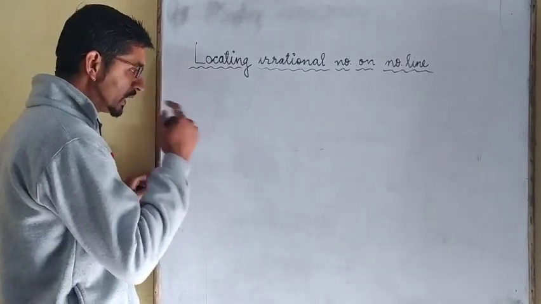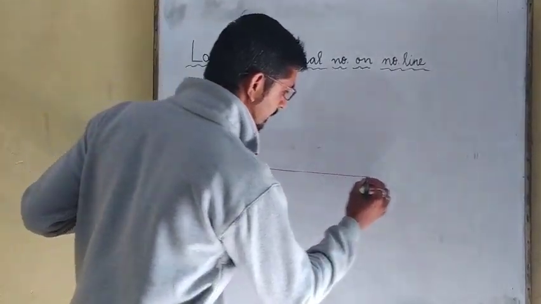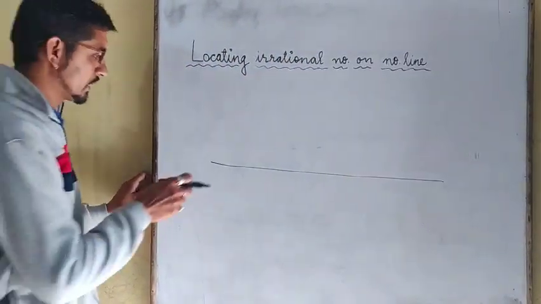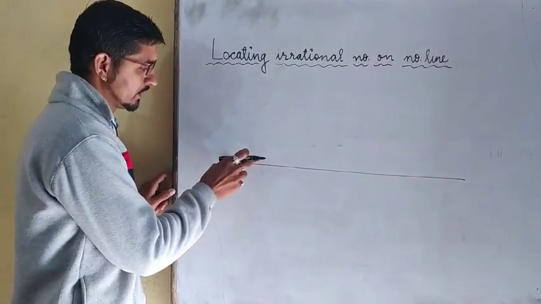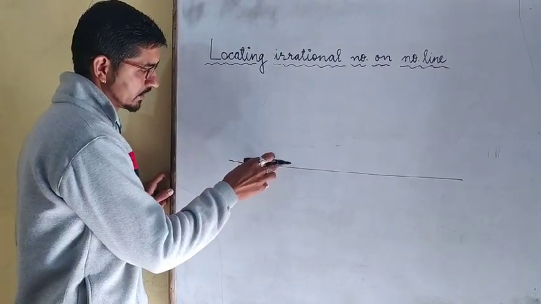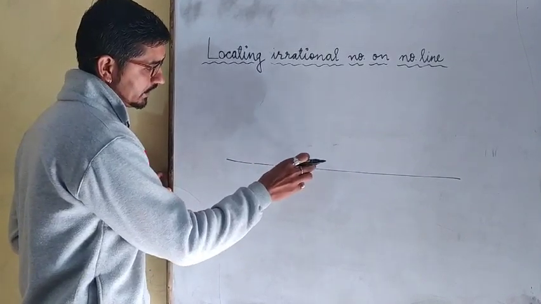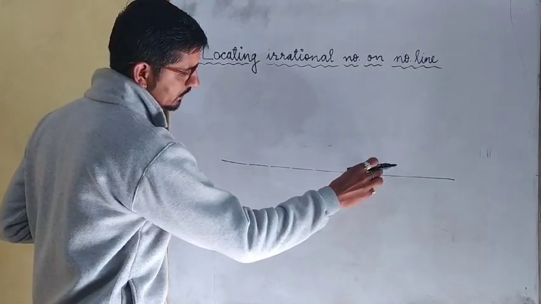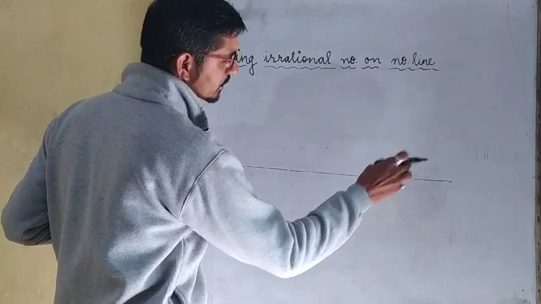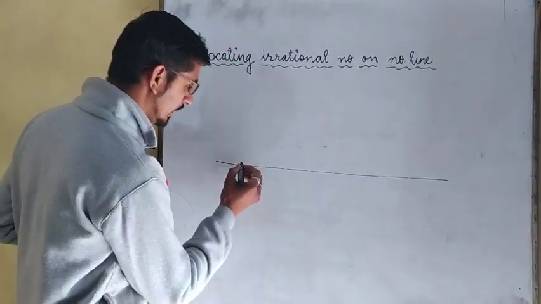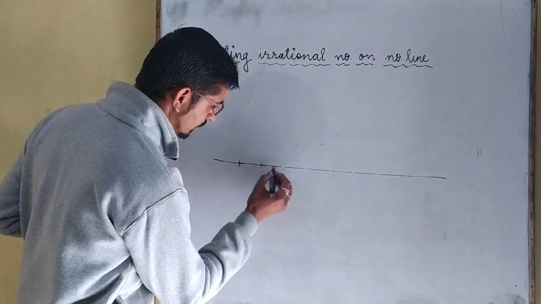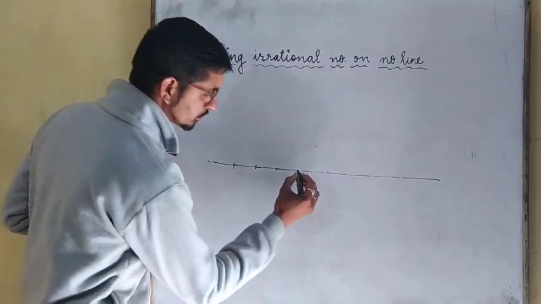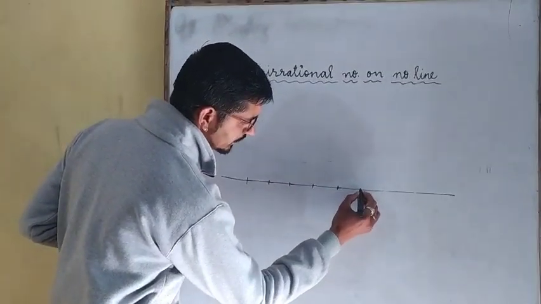First, what you will do? First, you will make a line, a number line, and divide it into equal parts. Let's suppose you will take a compass: 1, 2, 3, 4, 5, 6, 7, 8, and so on. You can divide it into equal parts with the help of a compass. You will open the compass and, without moving it, keep cutting this line. Okay?